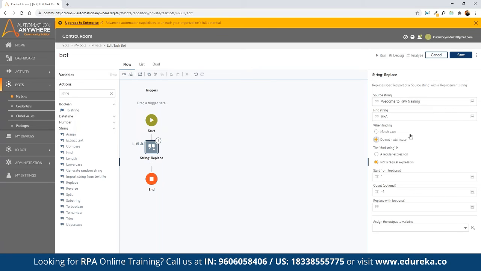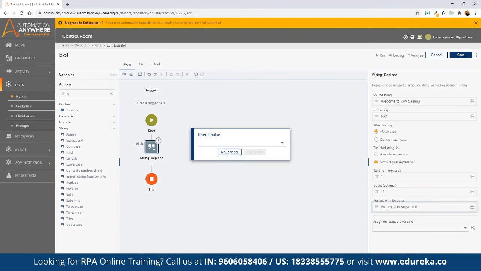And now we don't want to match the cases. If you do want to match a case, we can define match case, starting from and then count from. Then we want to replace that with, let's say, automation anywhere as a string. If you wanted to define dynamic replacement, then here we can simply click on insert value,